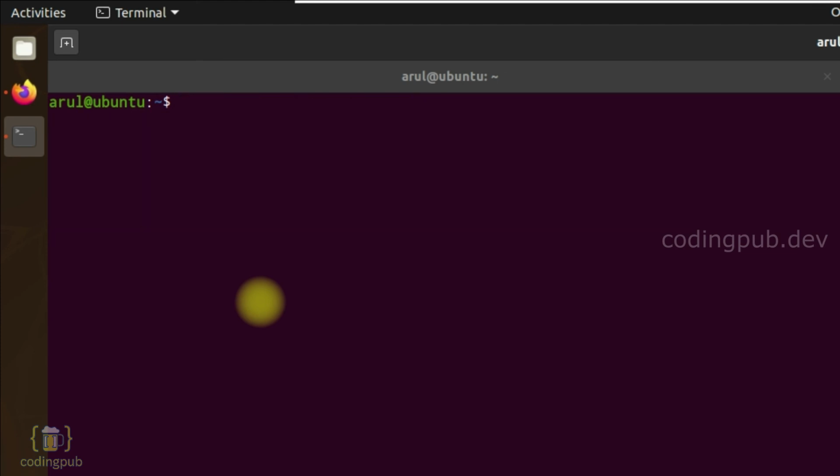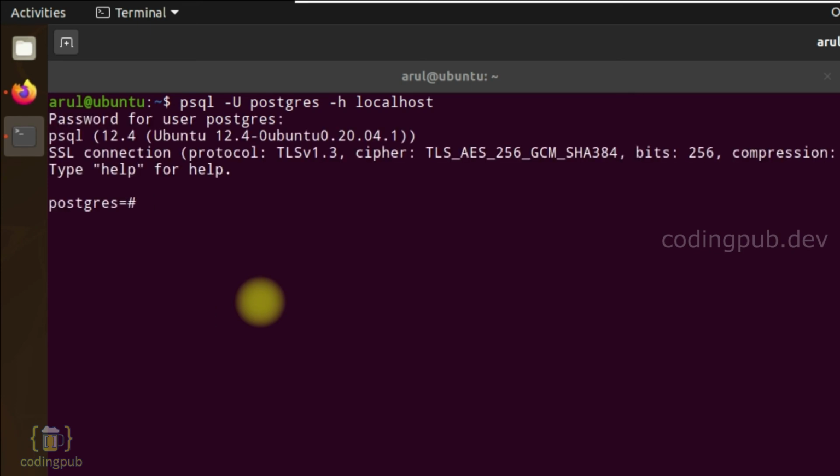Next, let's connect to a Postgres database using the command psql -U postgres -h localhost. And after this, I'm entering my PostgreSQL password and I'm typing the command \l.